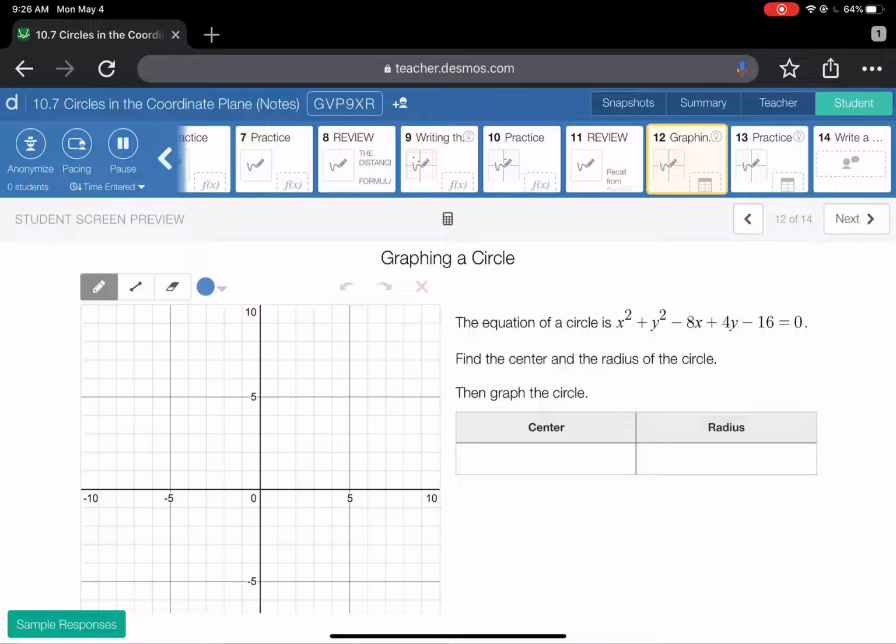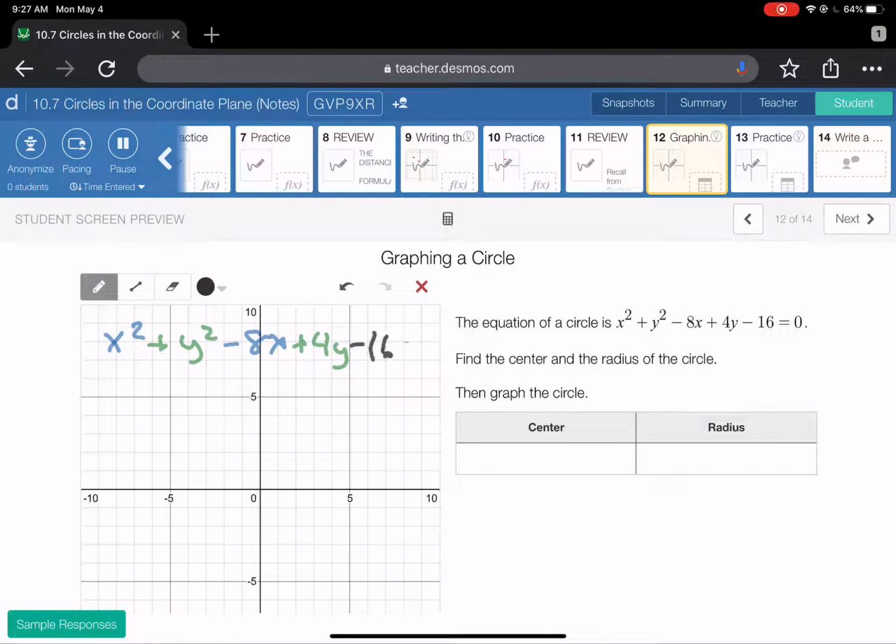Okay, so now we have the equation, and we have to graph it. So here, there's a whole mess. The first thing we have to do is write this in the standard form equation of a circle. So I have x squared plus y squared minus 8x plus 4y